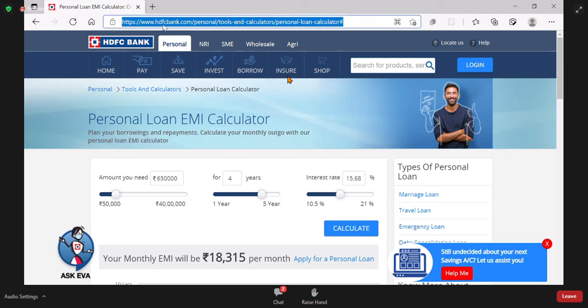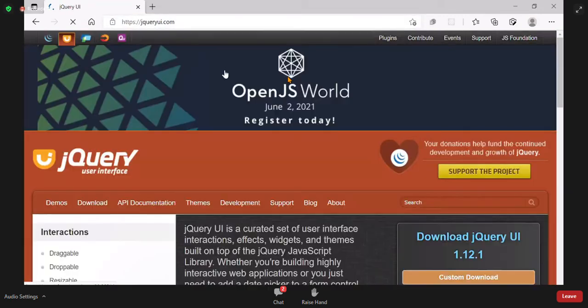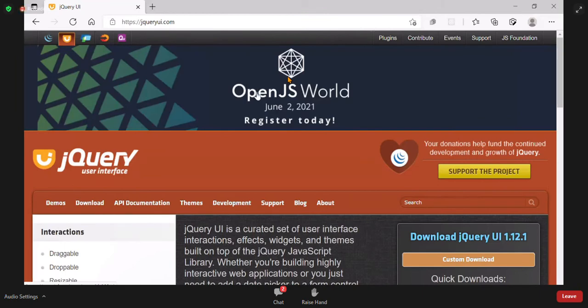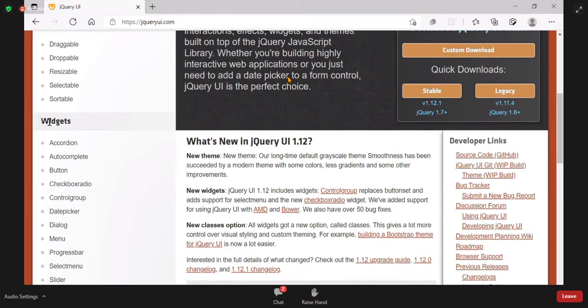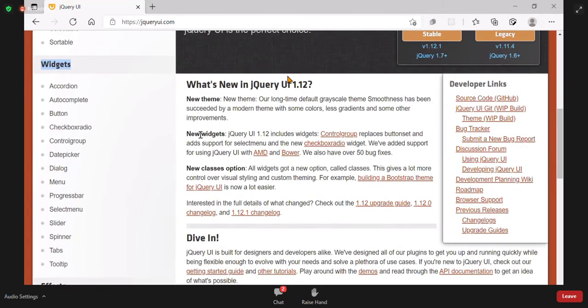Later you will learn jQuery, and I will show you later. jQuery is used for designing such widgets. You observe here, you have a widget category, and it says we have new widgets for you. As a developer, we have to build such widgets and use them in our websites for handling various types of business.